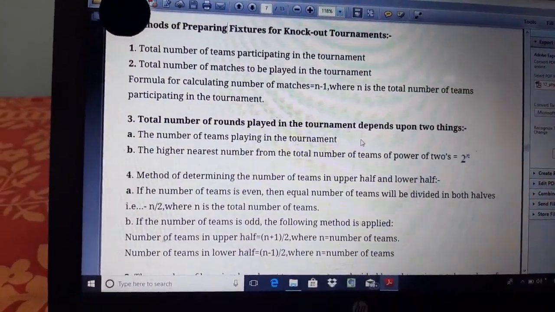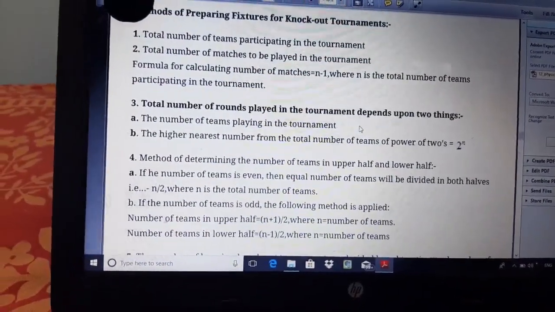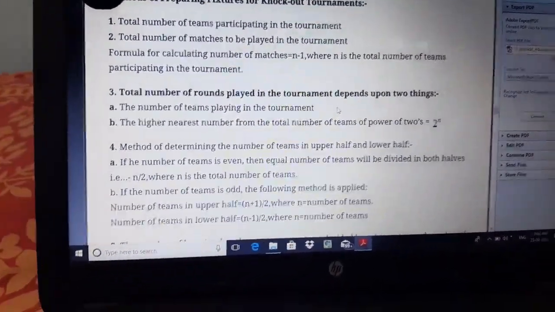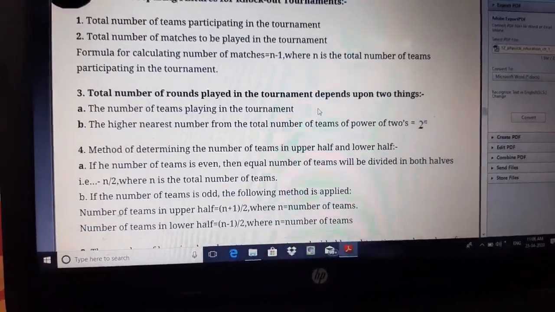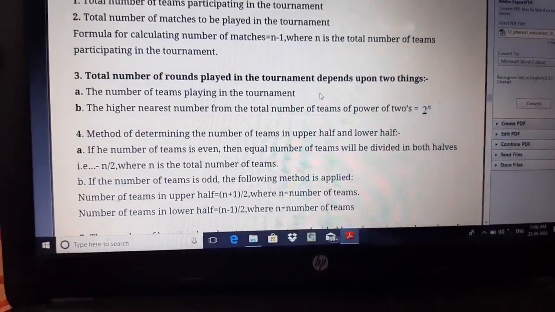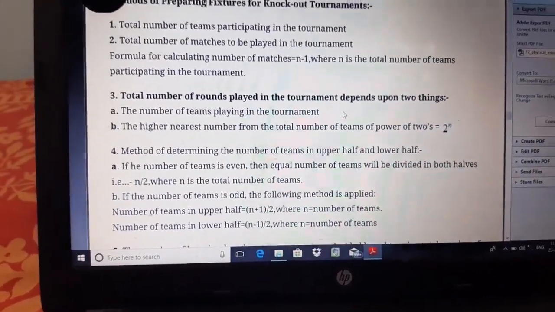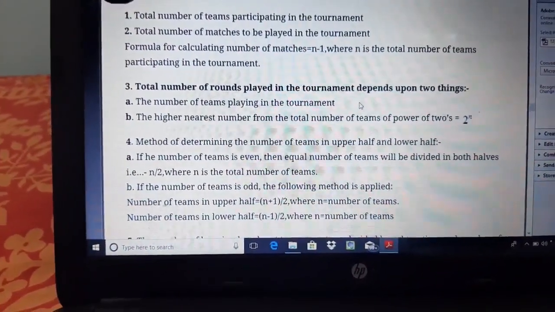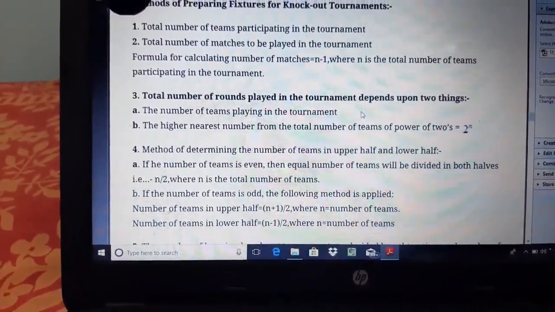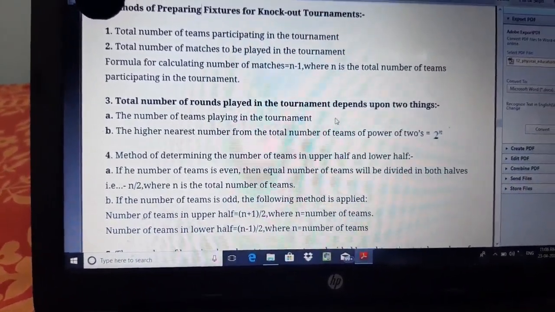See, this is again another important aspect. For example, you have 13 teams. Now every team is going to fight, why I'll be down, because you are not getting equal balanced teams. So how you are going to make it balanced, that you will understand over here. Just keep noting the formulas, so it will be easy for you. If the number of teams is even, then an equal number of teams will be divided in both halves. I have already explained it to you.